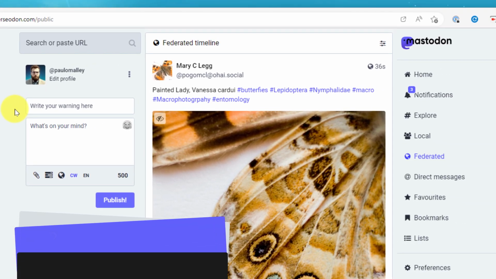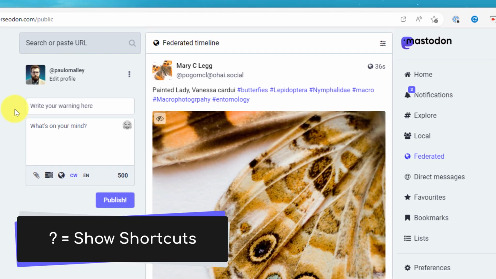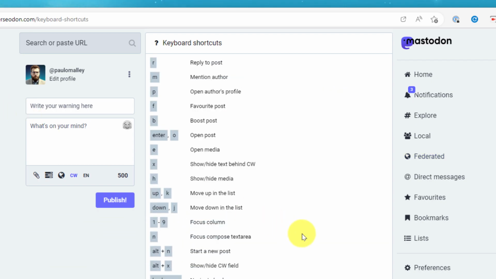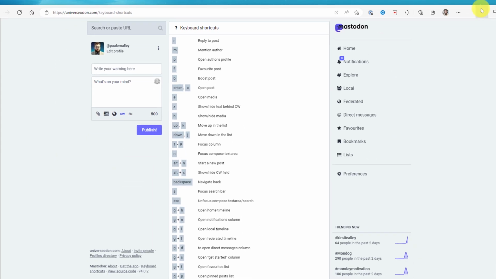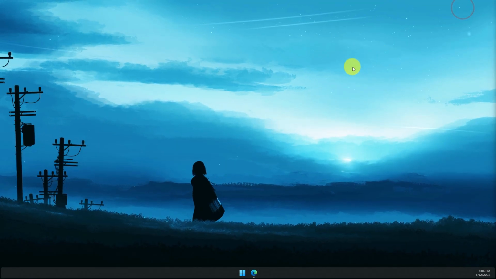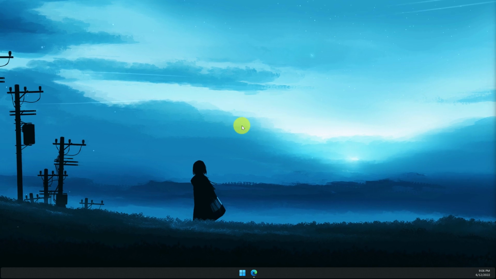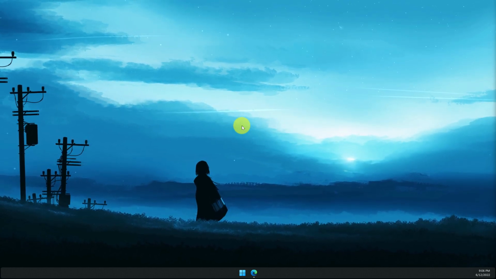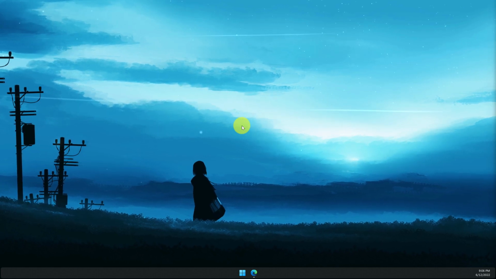And then last but not least, if you forget any of the keyboard shortcuts, you can use the keyboard shortcut ! to be able to quickly and easily open up the available shortcut commands. And that is the keyboard shortcuts available to you in the Mastodon web interface. I hope you found this tip extremely useful, and it makes navigating the Mastodon client just that little bit easier for you in the future, and I'll catch you in my next video.